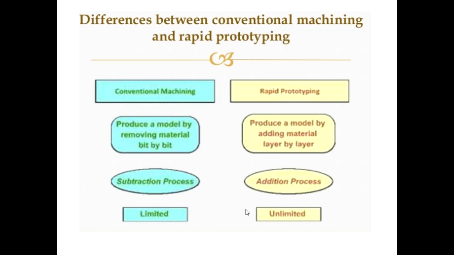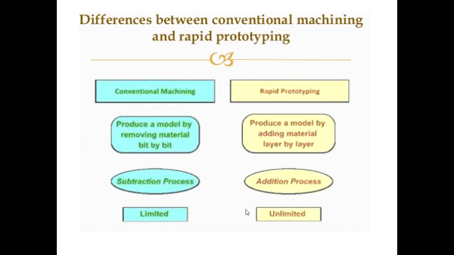If you compare conventional manufacturing and rapid manufacturing, we can see the main difference between them. Conventional machining is the method of production by removing the material from the workpiece. We know that the material from the workpiece is removed in the form of chips. So when there is contact between the tool and the workpiece, the material will be removed in the form